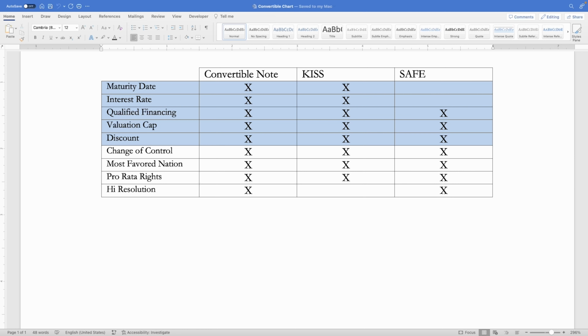And then pro rata rights is just another way. Some people call it participation rights, but basically it means that when you raise a later round, it gives your early investors the right to participate in that round to keep their equity percentage. Because as you know, when you raise money, everyone gets diluted. So if originally you had 5% and you were going to get diluted in the later round down to 1%, let's say, it gives you the right to buy in up to that 5%.